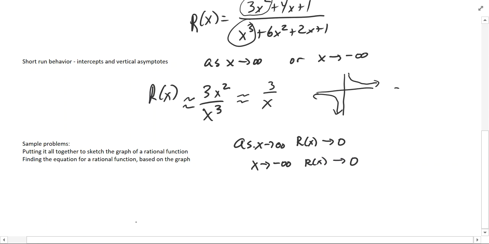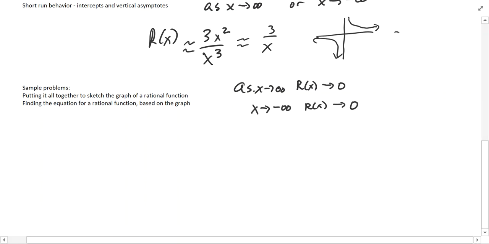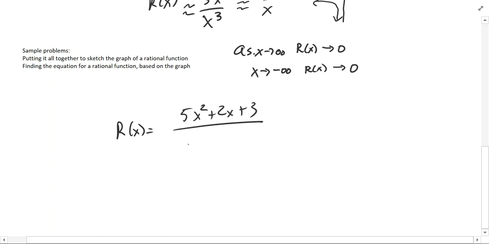Our value gets smaller and smaller, right? Because if you think of 3 divided by x, if you have 3 pies and you divide it by lots and lots of people, each person gets smaller and smaller, closer and closer to 0, the more people you have. And so that's what's going to happen there. So that's what you look at: you look at those top powers of x and say what's going to happen. As another example, if you look at r of x equals 5x squared plus 2x plus 3 over